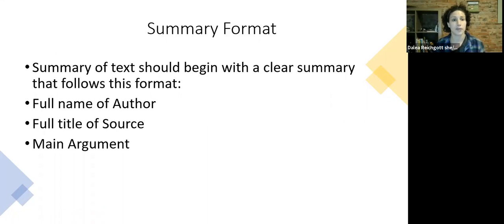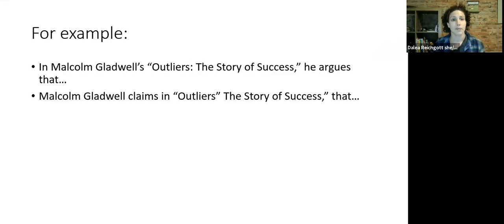So for your summary format, you want to make sure that you include the full name of the author, the full title of the source that you're using, and then what they said. So I'll give you an example. We see in Malcolm Gladwell's Outliers: The Story of Success, he argues that... Or you can flip it and say, Malcolm Gladwell claims in Outliers: The Story of Success, that...